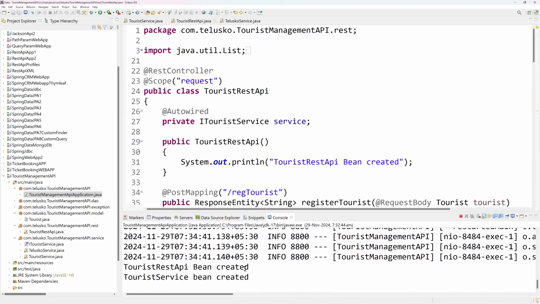Guys, are you getting this? Is the tourist API getting created? Yes, no, maybe. After I made a request,